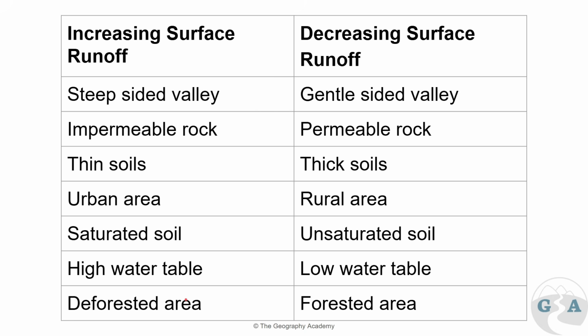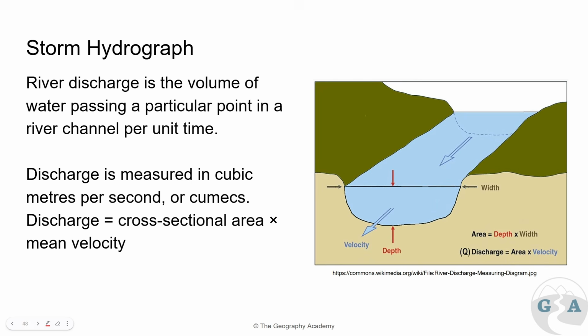With deforested areas, we've already mentioned the impact that this can have and why, and it does have quite a severe impact in both our sections on flooding and drainage basin stores and flows. In this section, then, we're going to talk about a storm hydrograph. We're looking at how the river channel in the drainage basin reacts to a storm or an event where there's